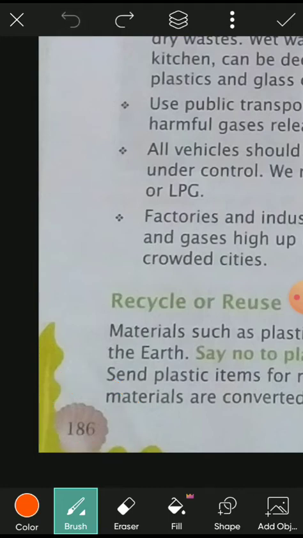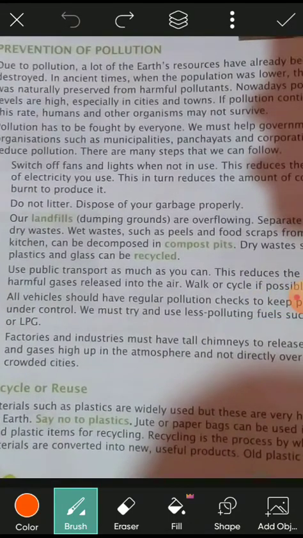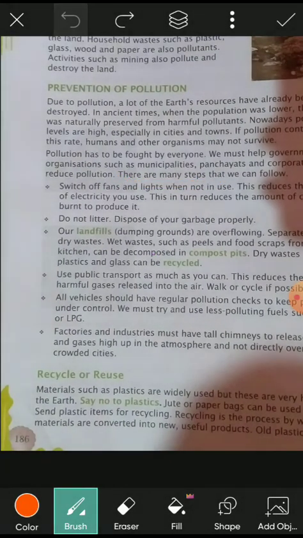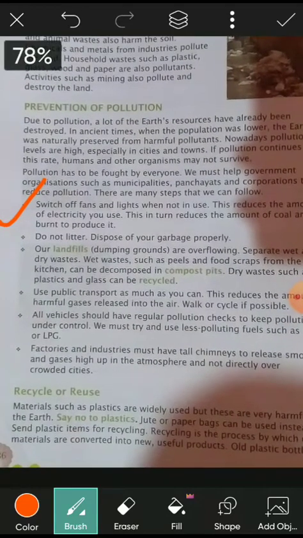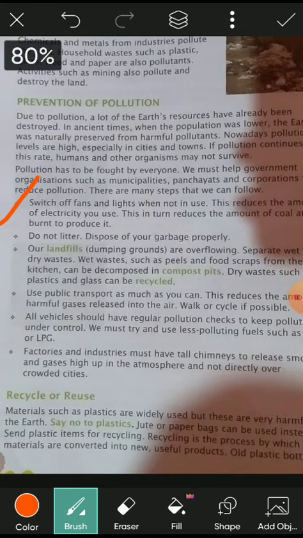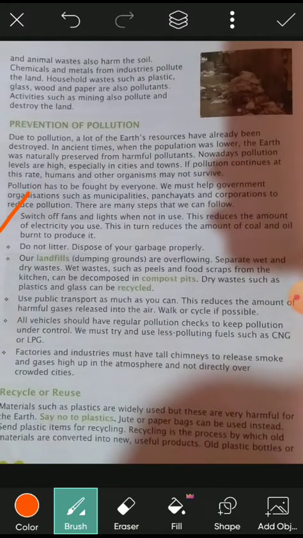Okay, so today we are going to start again. There are many steps that we can follow. So first of all, number one, switch off fans and lights when not in use. This reduces the amount of electricity you use. This in turn reduces the amount of coal and oil burned to produce it. That means whenever we are not using them, if we are leaving the rooms, then we have to switch off the fans and lights, because if you want to generate electricity, then we have to use coal and